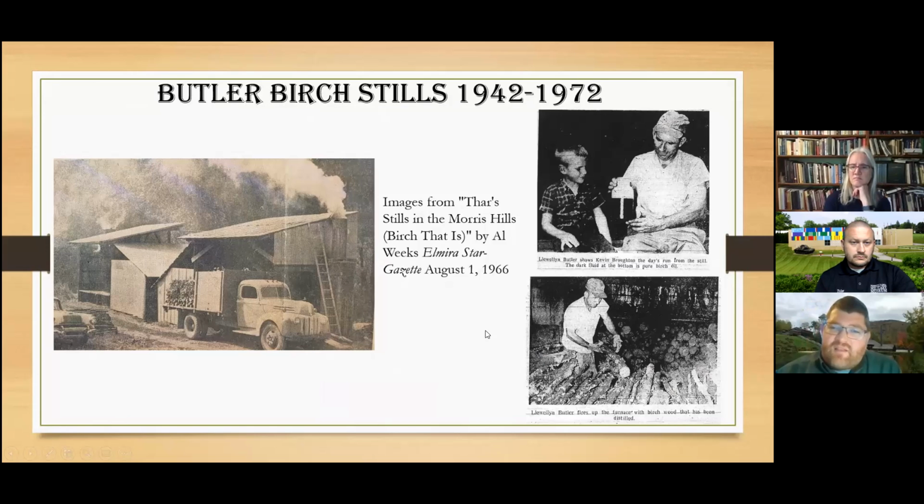The Butler family operated stills from 1942 to 1972. So by 1966, they were one of the last still operators engaged in regular birch stilling. And this is some photos from a newspaper article that talked about them again, because they were one of the last ones. You can see by that point, they had 2 stills running. So they had a good production going on. In the photograph, we have Ellen Butler, who is the son of one of the men in the previous photos. So kind of a second generation stiller,